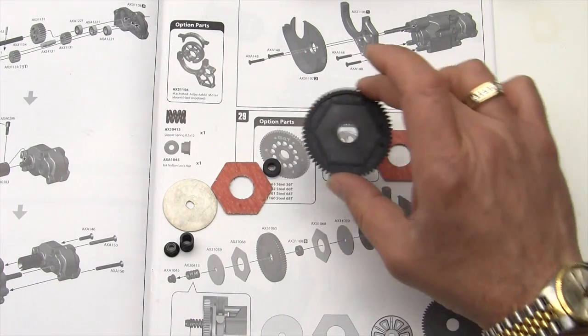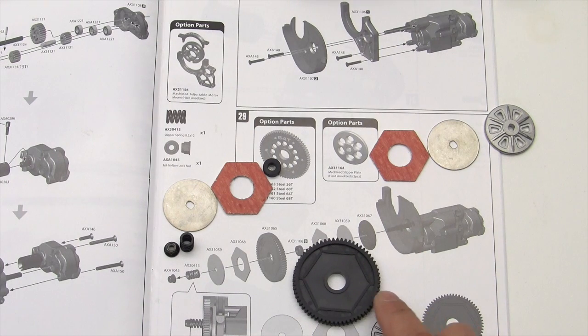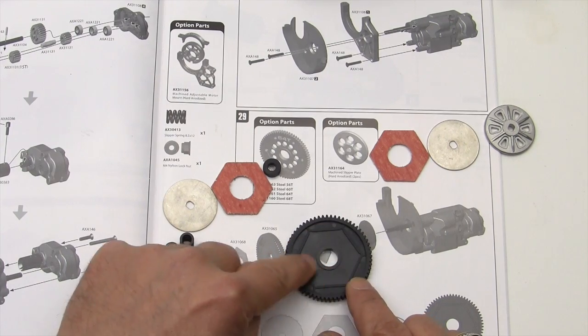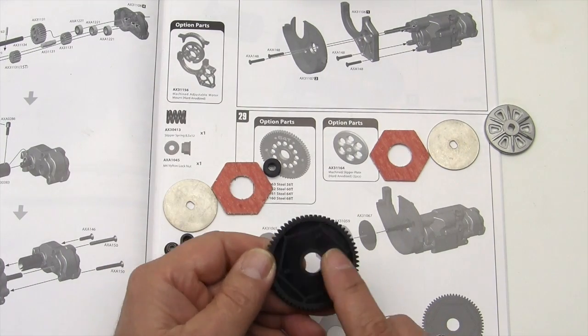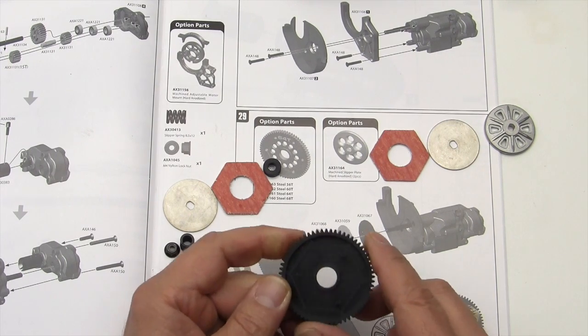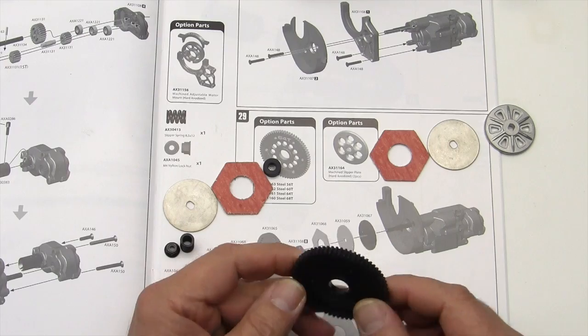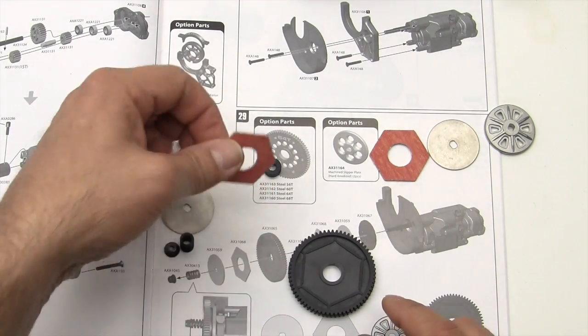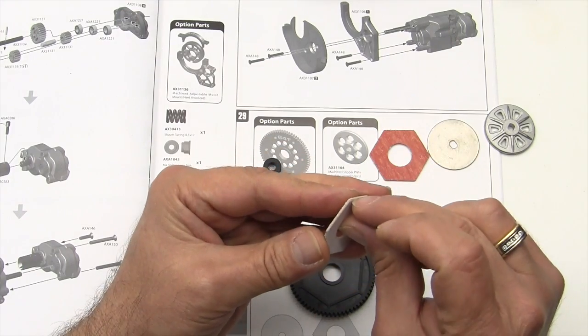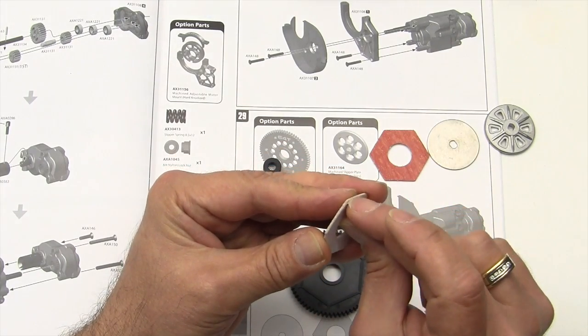We're going to start off with the spur gear, and what I've done off camera was I've cleaned this off with some denatured alcohol on both sides. There can be some grease on there from the manufacturing process that'll keep the slipper pads from actually sticking as well. Take a slipper pad, go ahead and peel off the